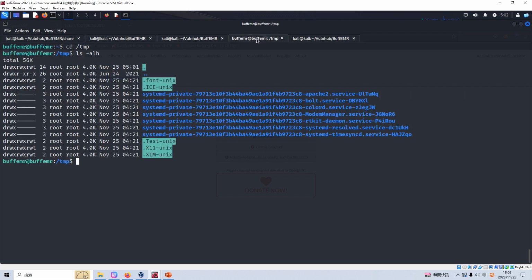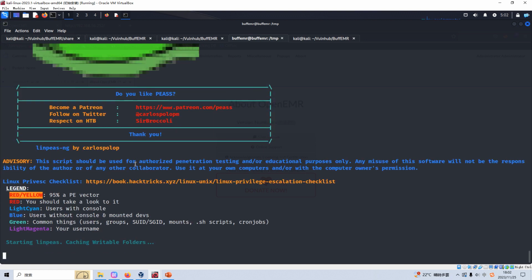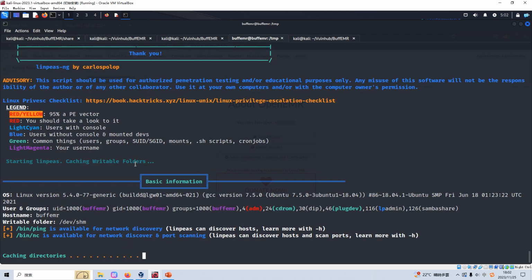Now we go back to upload NumPy. And then we can change the mode, and let's run it. You know, the NumPy shell script is so useful for local privilege escalation because, as you can see, it will go through all possible